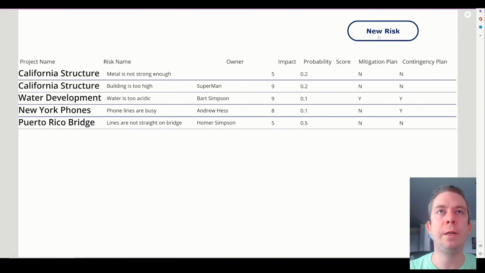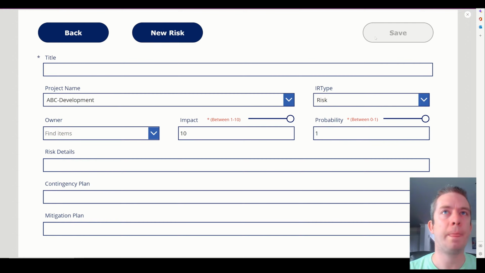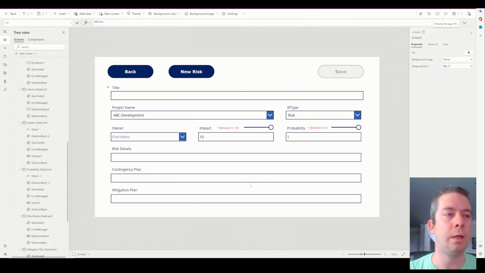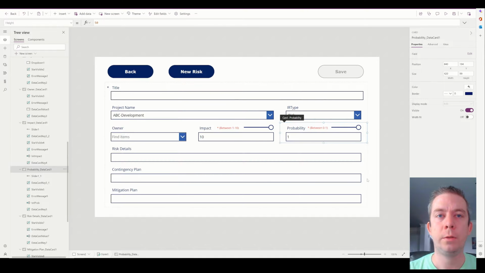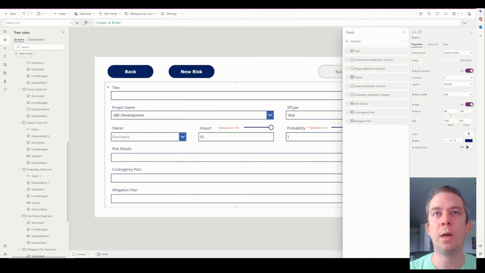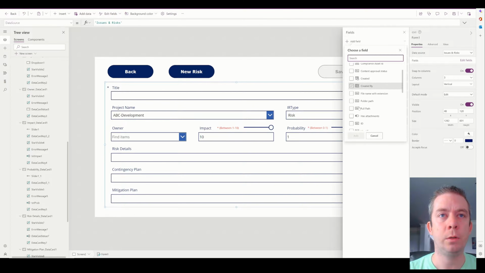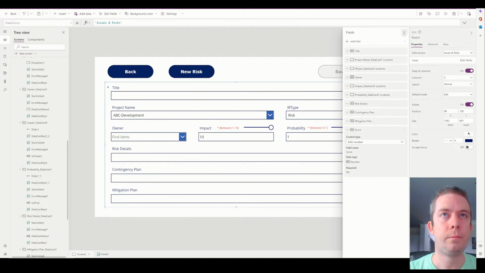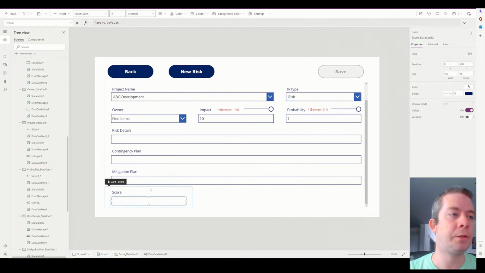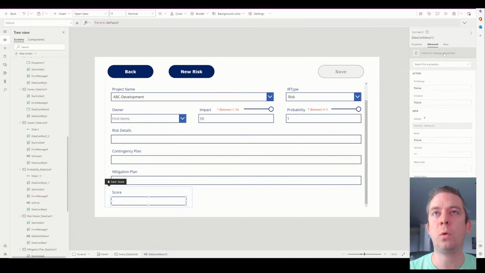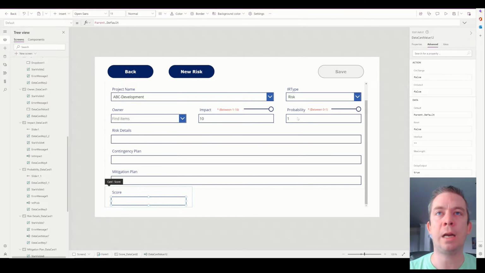All right, so now I do want to do score. I do want to have score in here. So let's add score back to the form, but we're going to make it not visible. So score is actually, now the score is going to be the impact times the probability. So this is going to be